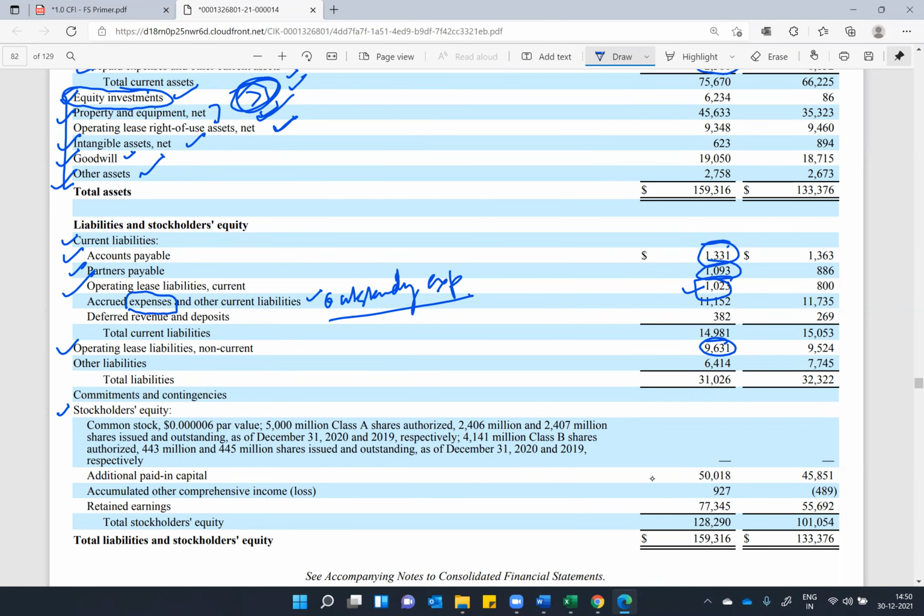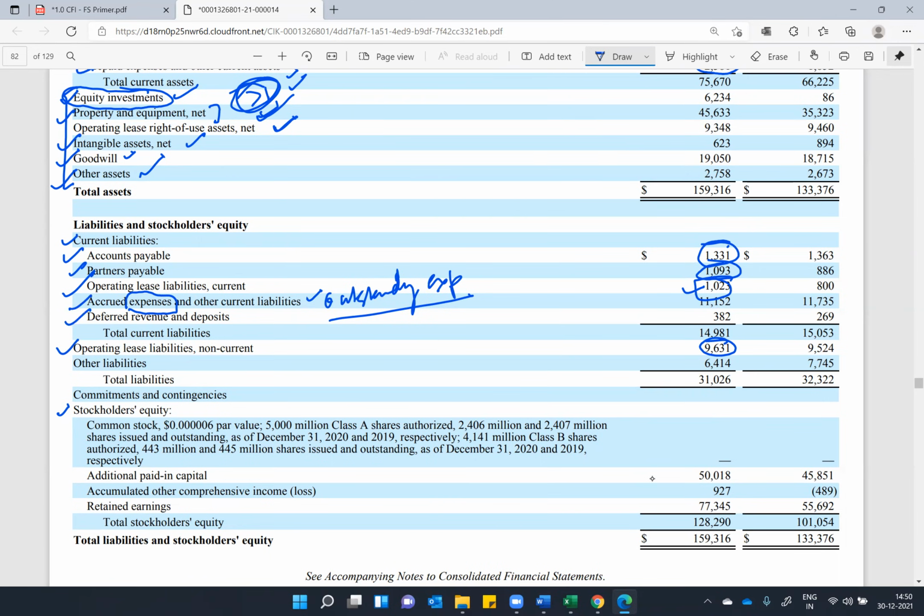Let's say, suppose you have done some renovation work in your office. You have called some labor and took their help to get the renovation done, and you are about to pay some money to them. So it is pending. It is yet to be paid, right?